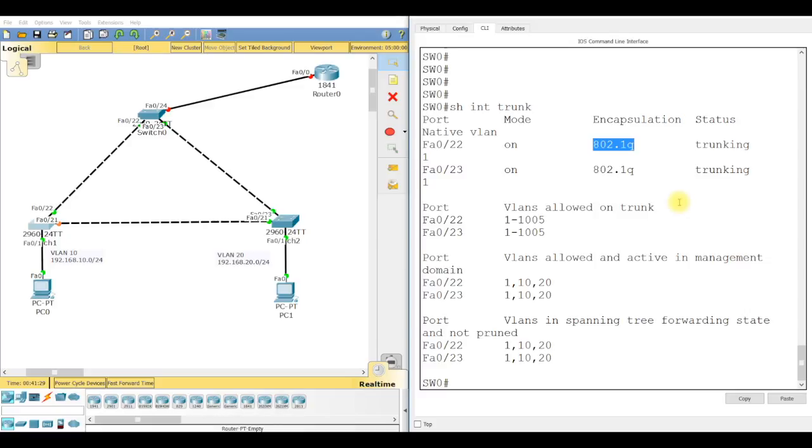It used to be ISL. Just like with spanning tree, which used to only support one type, trunking now supports the newer type of encapsulation, which is 802.1Q. So 802.1Q is the type of encapsulation we need to have for inter-VLAN communication, for anything. If you're doing it on this layer 2 switch, you simply go in and go switchport